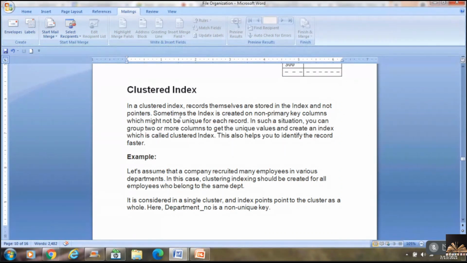Ma, all of you look. Here, instead of working with pointers, we are directly working with the records.